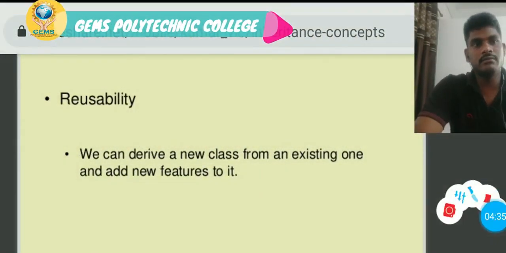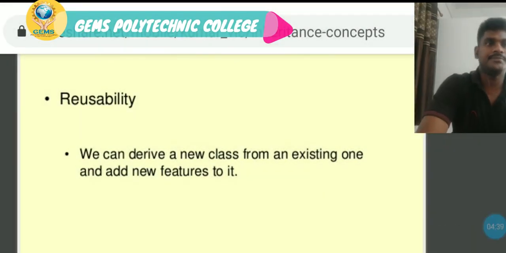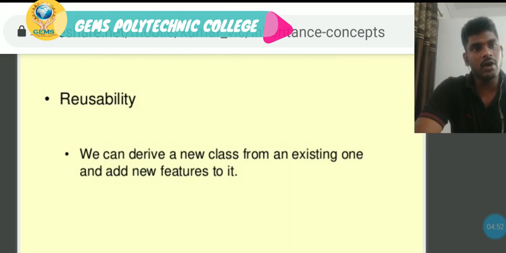What is the advantage of inheritance? The advantage of the inheritance concept is reusability. What is the meaning of reusability? Reusability is nothing but the code already written, the same code we can use anywhere in the class. That is called reusability.